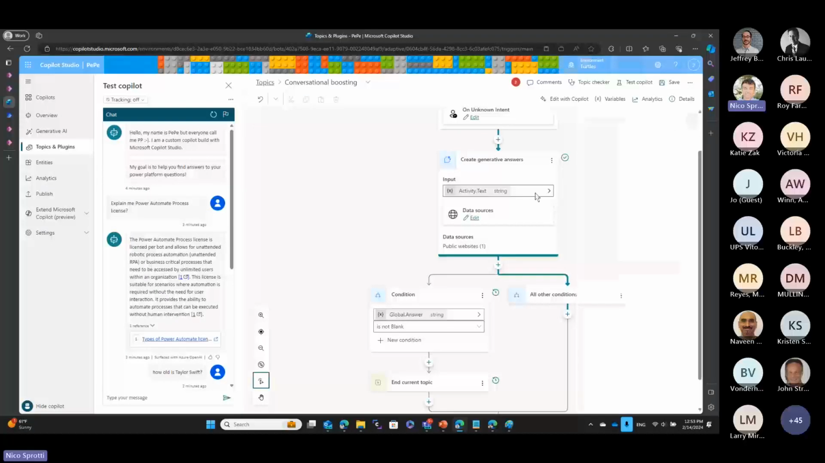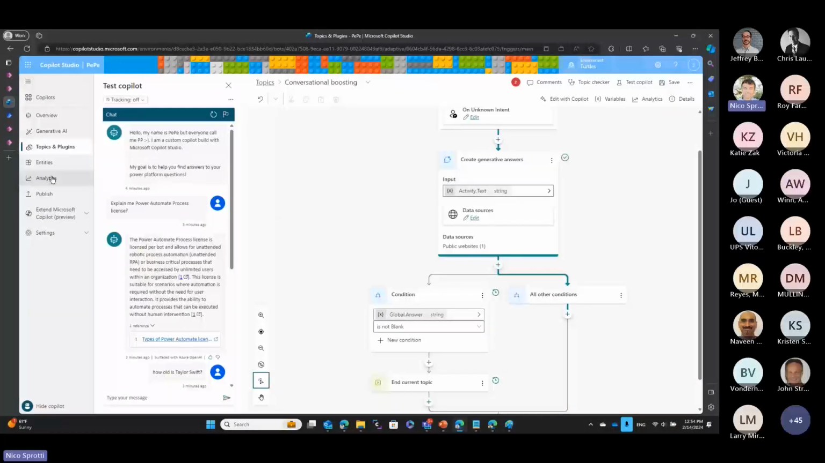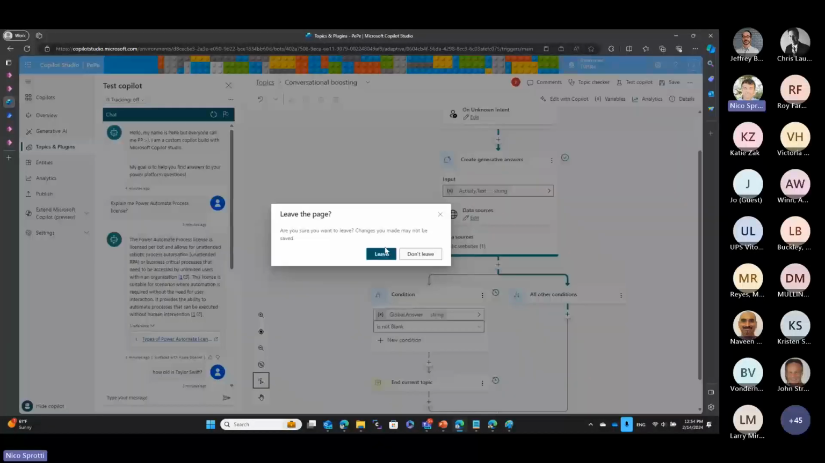The trick here is, again, conversational AI boosted with generative AI. We are orchestrating the chat, right? Because from there, we'll have the analytics of my bot, and more than that, I can also